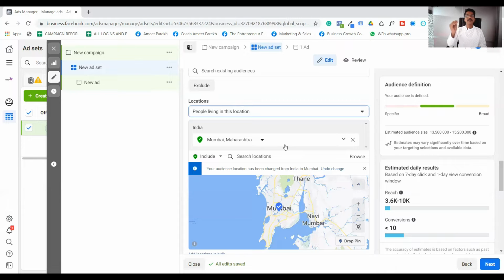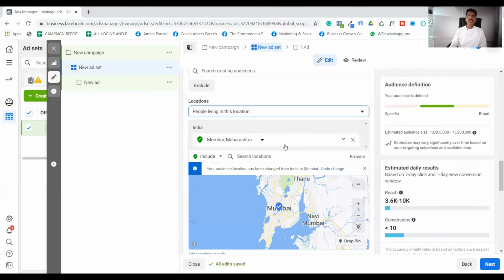So I always prefer that marketers go to the location settings and change the default setting of the location to the second option, which is people living in that particular area. Whether it is Mumbai, New York, or a country like India, UK, US, or whatever region you are going to advertise for, or you are serving that area, you are doing the sales in that particular area, or you are providing a product that can be purchased in this particular location, right?